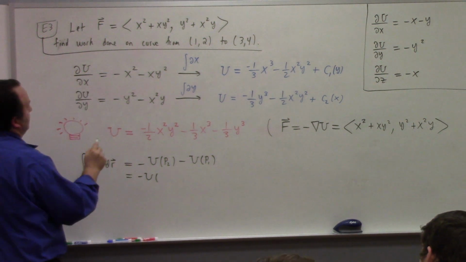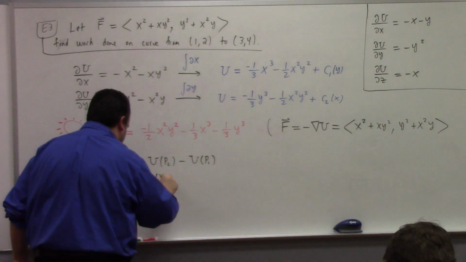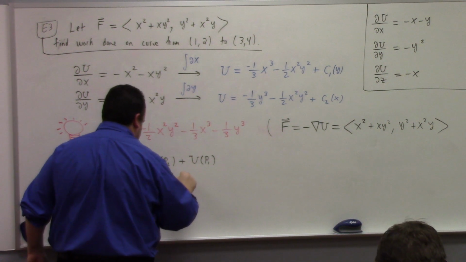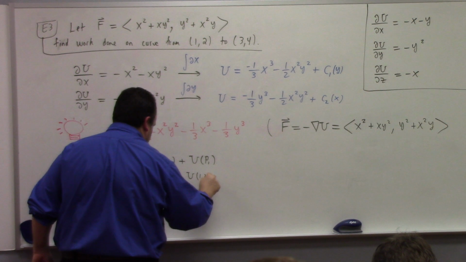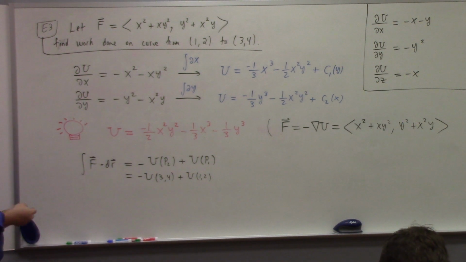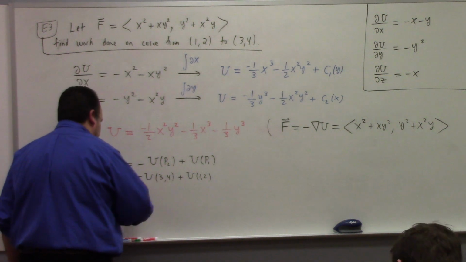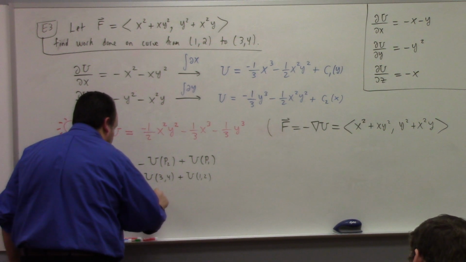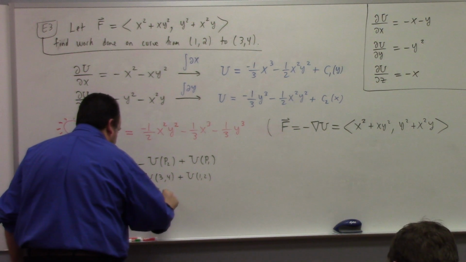So P2 was (3, 4), yeah? So this is plus this one. Plus u of (1, 2). And then all you've got to do is just plug the points into the potential energy function and see where that takes you. If you don't mind, I'm going to do the (1, 2) first. So that gives me minus 1/2 of 1 squared times 2 squared